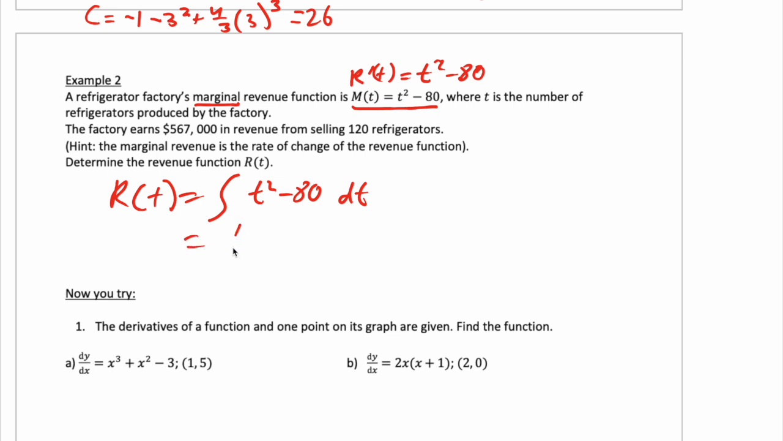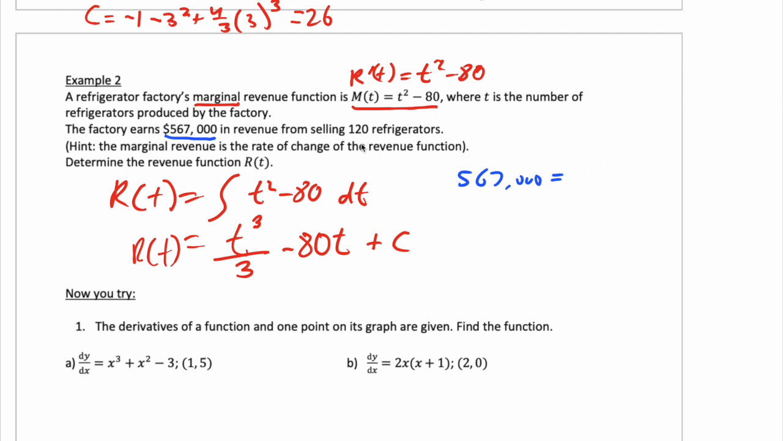And to do this, we increase the exponent by 1 and divide by that exponent, and constants become just times t, and then we got a plus c. Okay, so then we sub in some initial values. This is revenue, so we're gonna have 567,000 equals, and the t is the number of refrigerators, so that's 120. So we have 120 cubed over 3 minus 80 times 120 plus c,